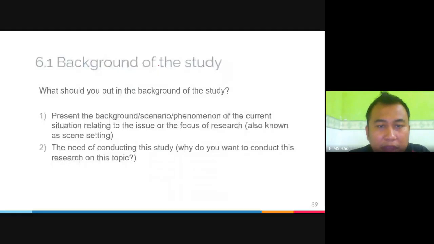Okay, background of the study. What should you put in the background of the study? Some students are mistaken about the background of the study and the problem statement. Background of the study means that, let's say if you